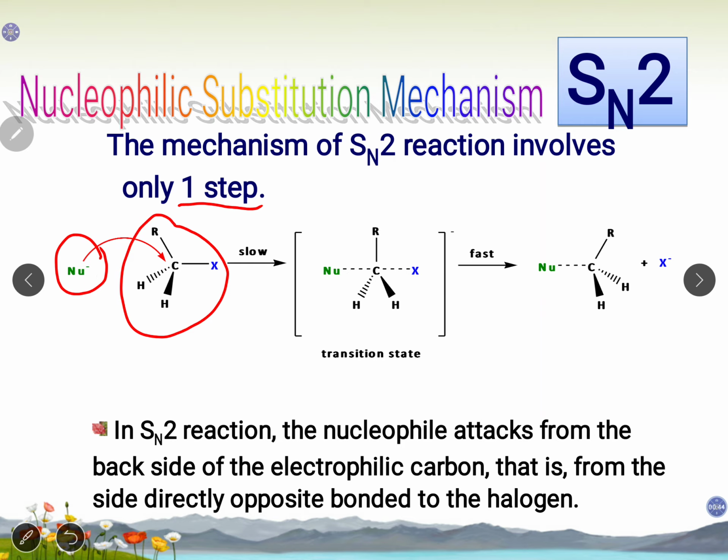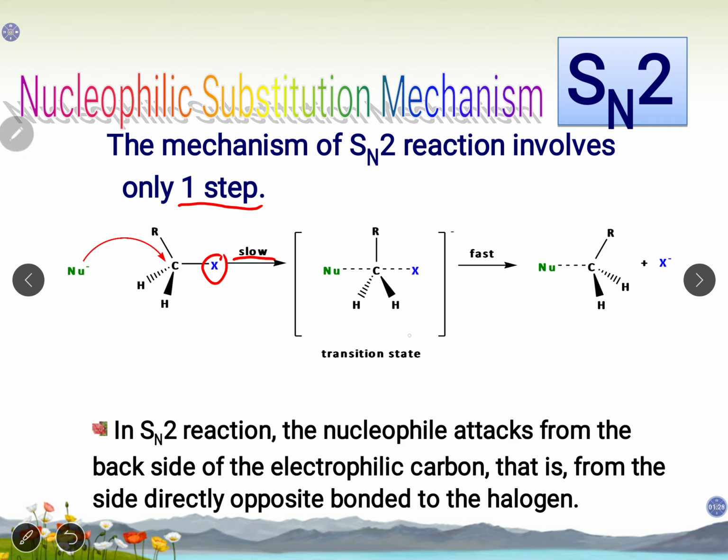In this mechanism, what happened actually? The nucleophile attacks the carbon from the backside. We call this backside attack. The position of the nucleophile must be on the opposite side from the X, which is the halogen in the haloalkane. Because in this reaction, we want to break the bond, the rate is slow. When you want to break a bond, the rate must be slow. In this step,